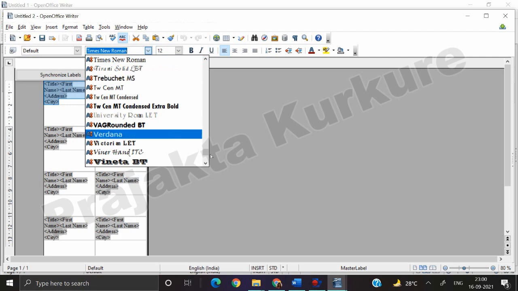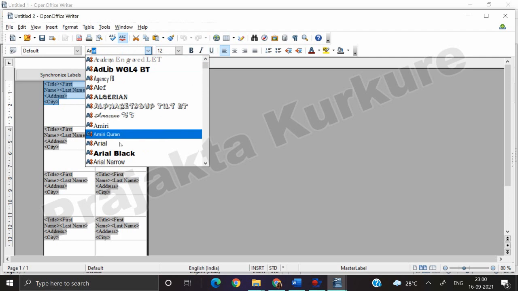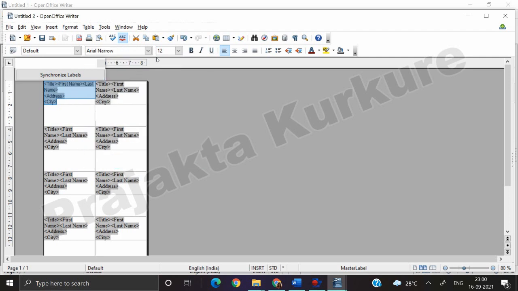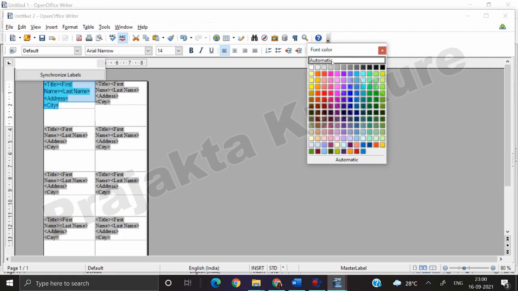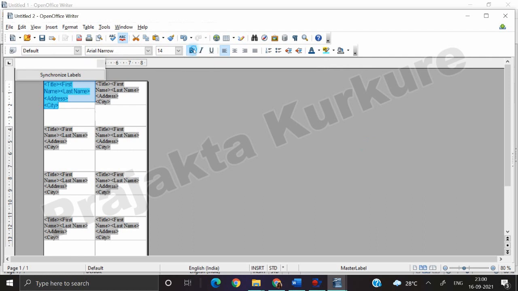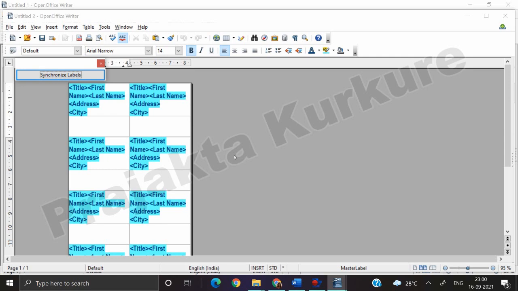The font given there is Arial Narrow, and the size is 14, and then I need to change the background color and the font color. So I'm taking dark blue, and I'm making it a little bold so it will look clear. Once this is done, you can click on Synchronize Labels, so that the setting will get applied to all the other labels also. Now this is done.